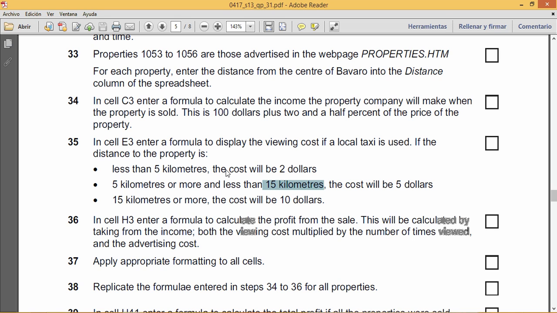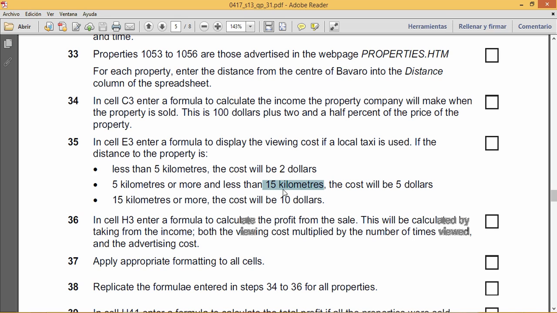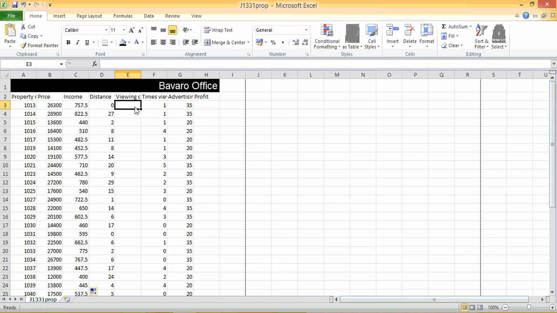We're going to see whether it is less than 15. So if it's false that it's less than 5, but then true that it's less than 15, it must be between 5 and 15 and therefore will cost $5. If it's not less than 5 and it's not less than 15, it must be greater than 15 and therefore $10. The way this works out,